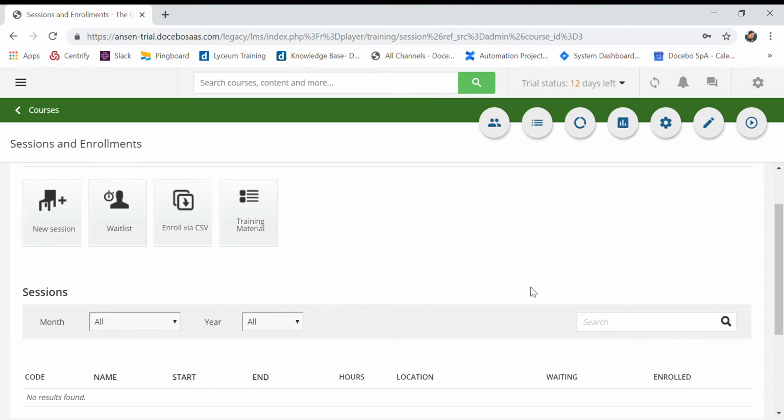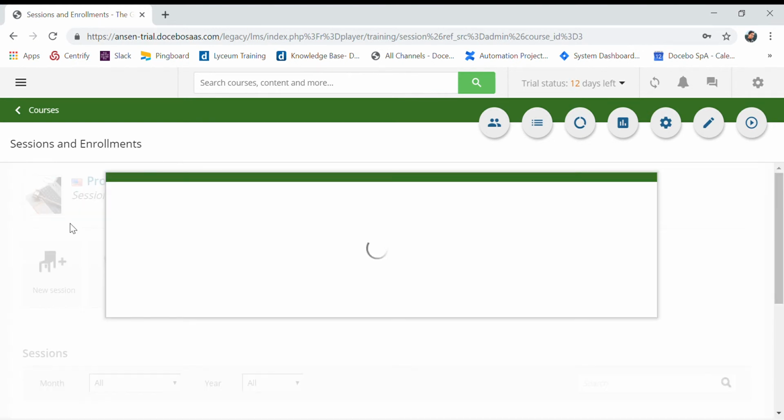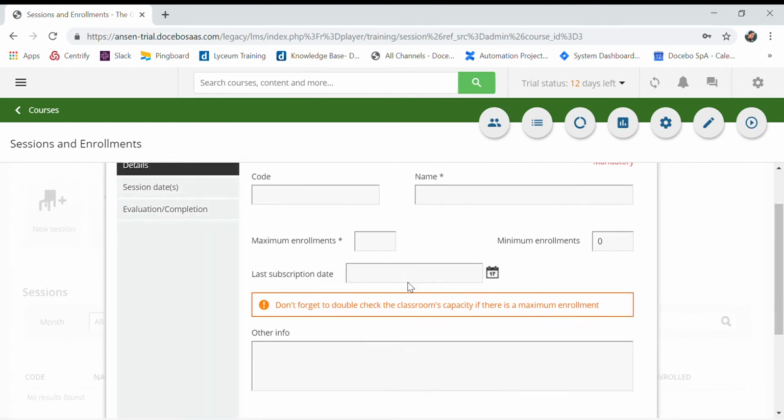So what we're going to actually do is add a series of sessions that are available to the learner to enroll into. So for a given course, we may have multiple sessions. And in fact, each of these sessions can span multiple days. So there can be